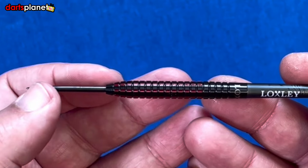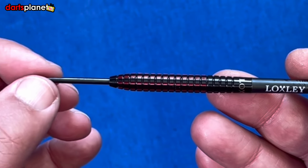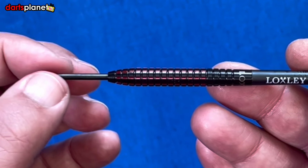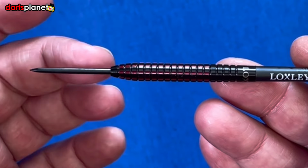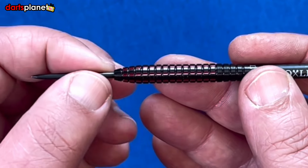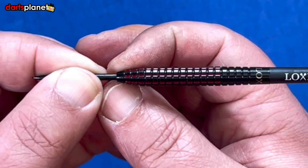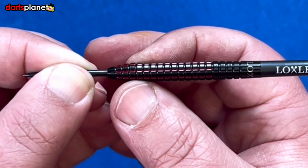We have a standard point that Loxley like to use, which is the black coated point. I do like having these, they do grip the board a little bit better than the silver, so it's nice to have that included. Then we have this tapered nose, starting off with a single black ring going into the